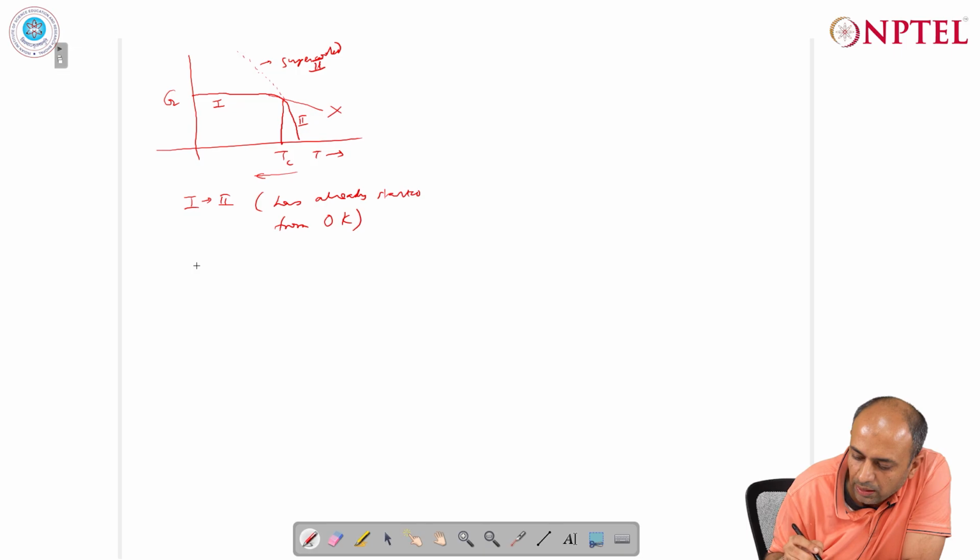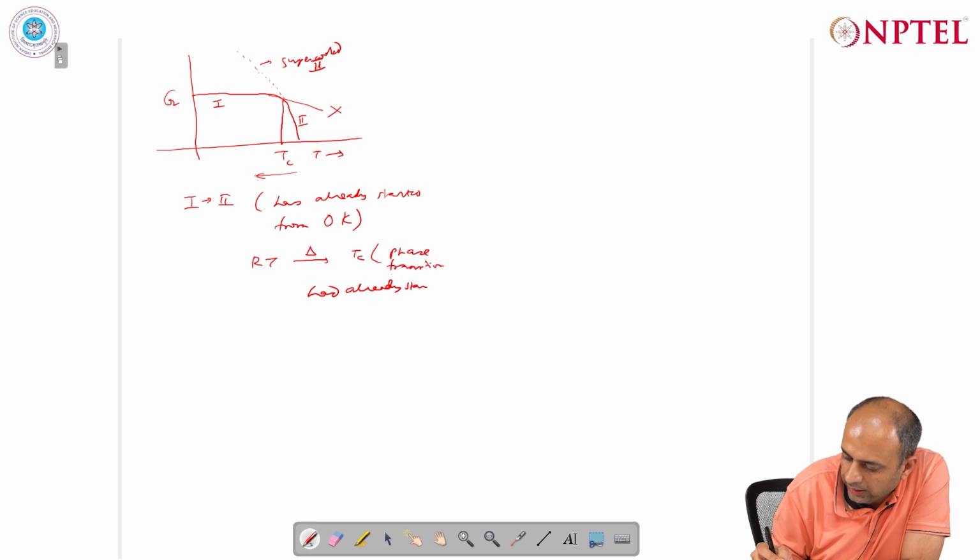In principle, even if you are at room temperature and then start heating the substance, by the time you reach Tc, the phase transition had already started from 0 Kelvin and continues at an increasing